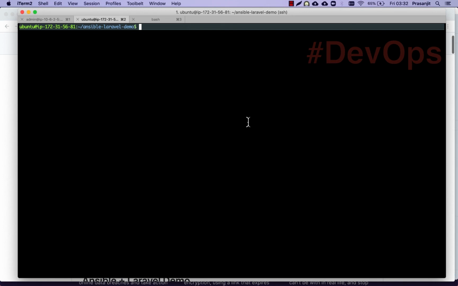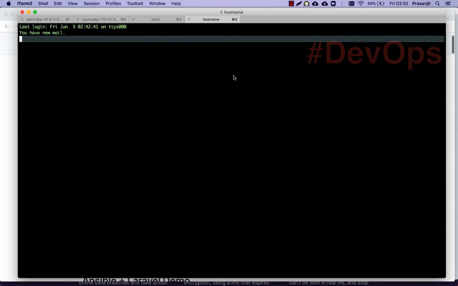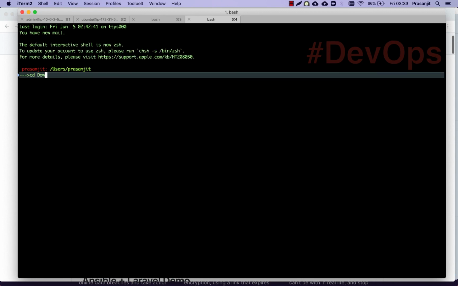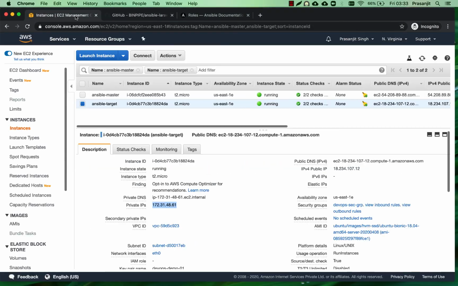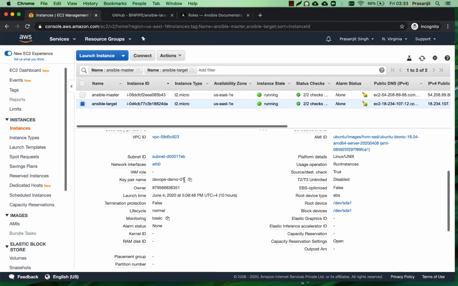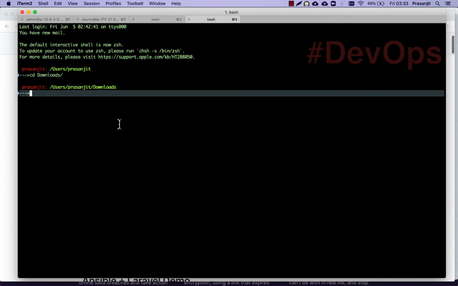The first step would be to have the key file in your server. So I can copy the key file from my laptop to the server. We had this key file downloaded when we created the EC2 instance, so you would remember that step. I saved it in the downloads directory, and let me just check what was the name of the key file for this server. The name of the key pair was this, so I'll do a